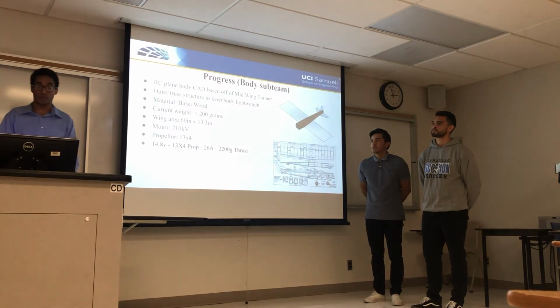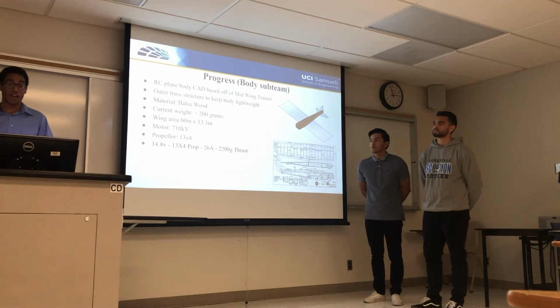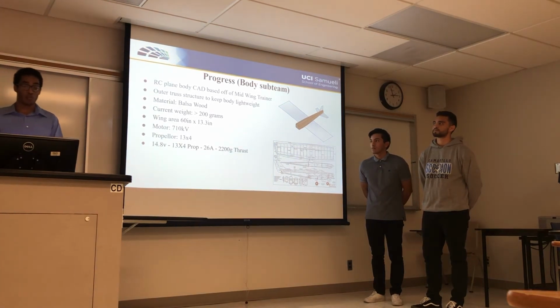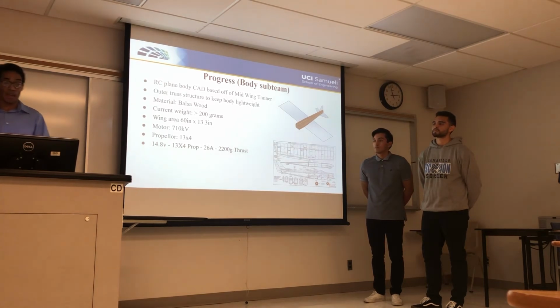The current progress for the body team was a 3D CAD of the basic structure of the fuselage, whose main priorities are to be able to house both the electronics and the inner structures of the wing, as well as meet certain requirements such as wing loading, which incorporates the mass of the airplane and the area of the wing, as well as material for the plane, which should